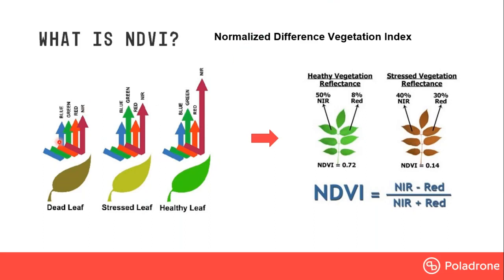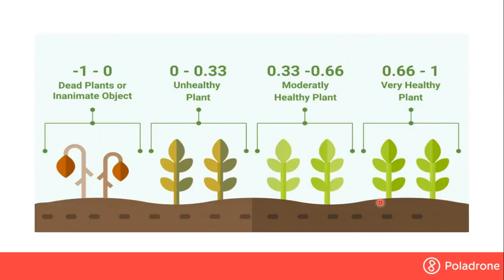As you can see on the left, there are different colors, right? They've got blue, green, red, and then this one called NIR. NIR stands for near infrared, which a normal RGB camera cannot capture. That is why you need a multispectral camera with different bands of lenses in order to capture all these spectrums. And then from here, by using a formula, again, I'm not going to go into detail, this is just an introductory webinar, they can come up with some values.